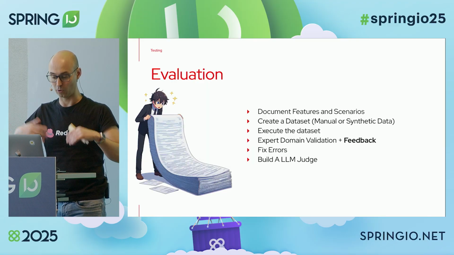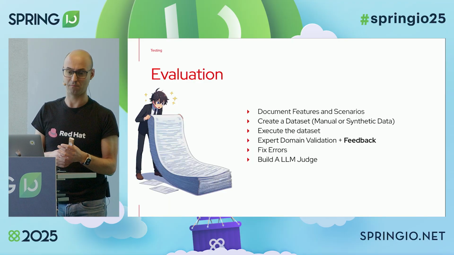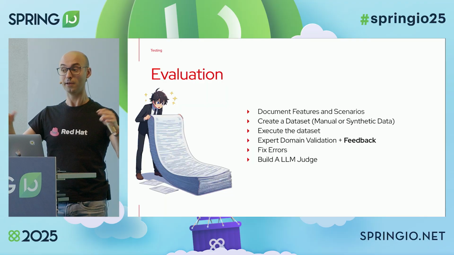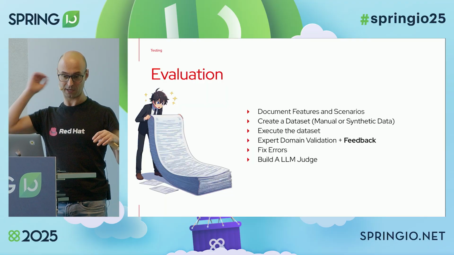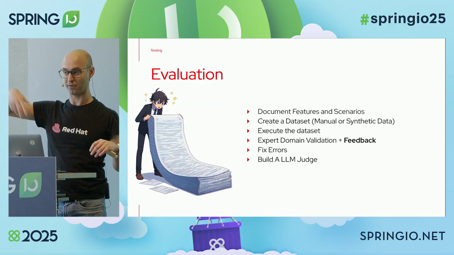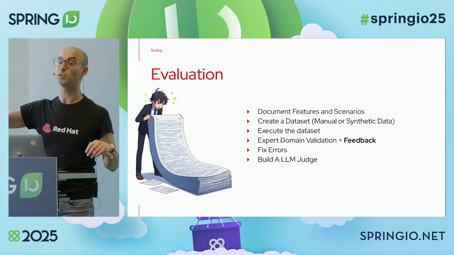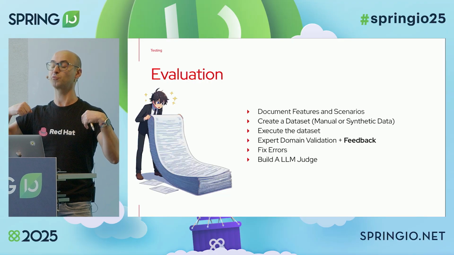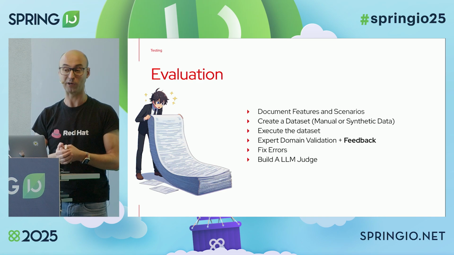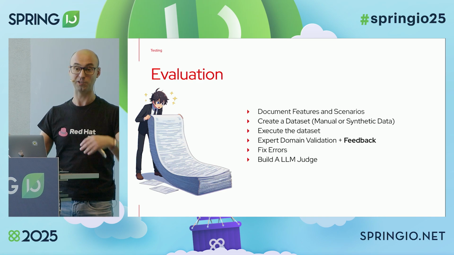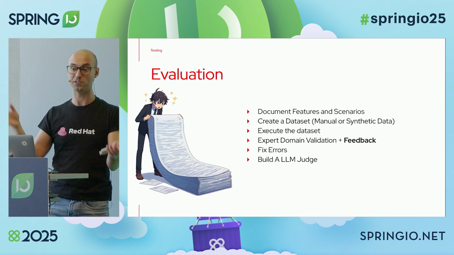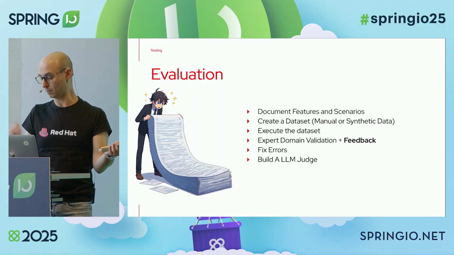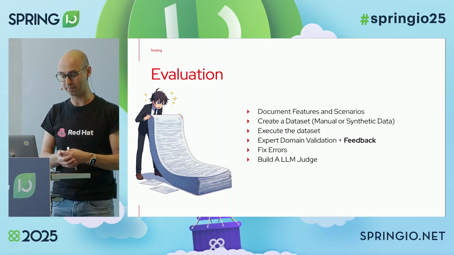Okay, so you can just go to the model. I've done this a lot of times and it works really well. You go to the model and say, hey, you are generating some data, and the data is a name, surname, address, telephone. The telephone needs to be a US telephone, and the email needs to be invalid or whatever, and just create me 100 records. And then it will return you a JSON file, a CSV file with all this data. And usually it works really well. So you can do it manually, or you can create synthetic data.